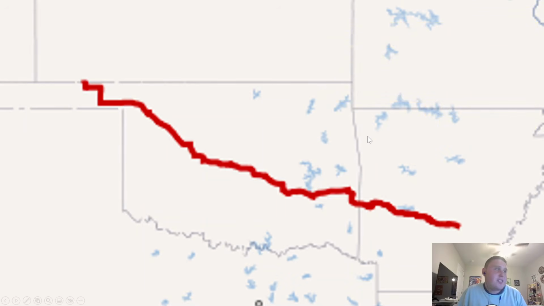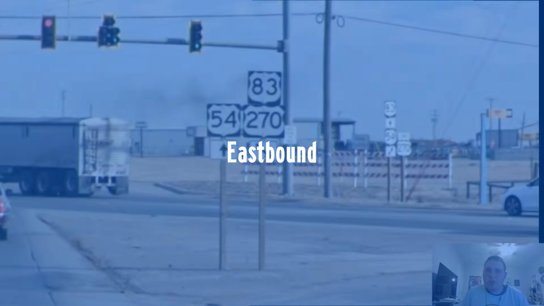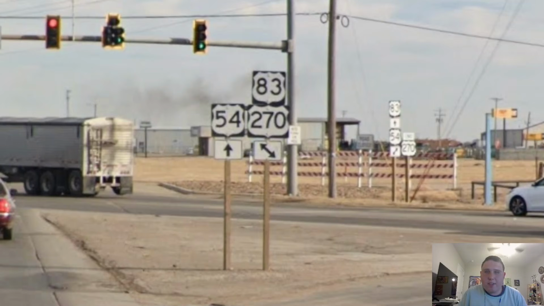As you can see here, this is the map of US Highway 270, as it starts at a junction with US Highway 54 and 83 in Liberal, Kansas, heading east through Oklahoma, and finally ending at a junction with Interstate 530 just outside of downtown Pine Bluff, Arkansas. So with that, going eastbound on 270. So we begin here at the US 54 and 83 junction here in Liberal, Kansas,